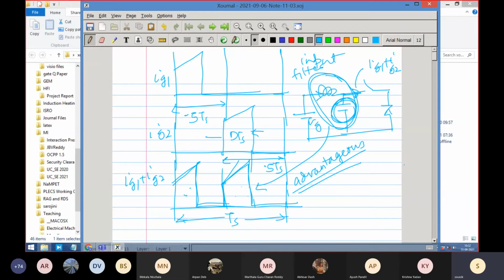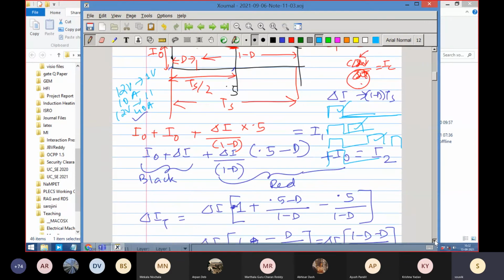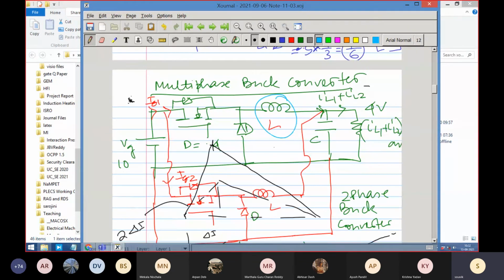And since you are raising a question, I can even think of a situation when one will go into discontinuous mode but the other will not, because if I choose two different values of inductors, L1 and L2, then I am more or less sure that I will be able to make that happen. That will not be the practical case, people don't design for fun, but yeah, it is good to think this way. Normally these two inductors are the same.